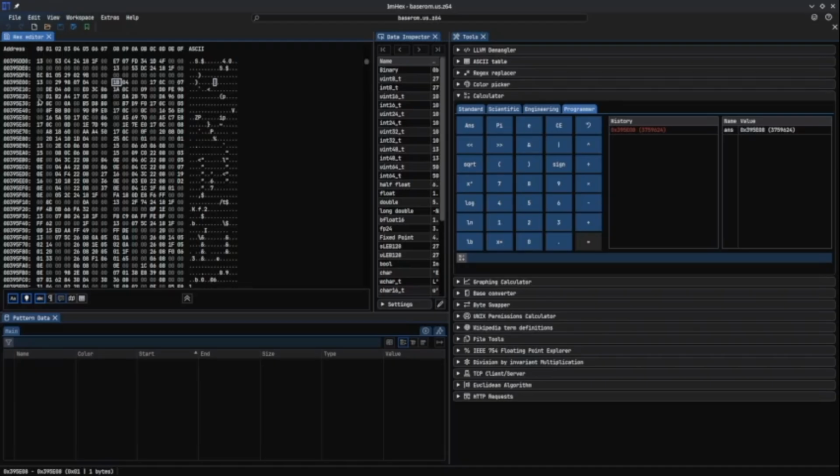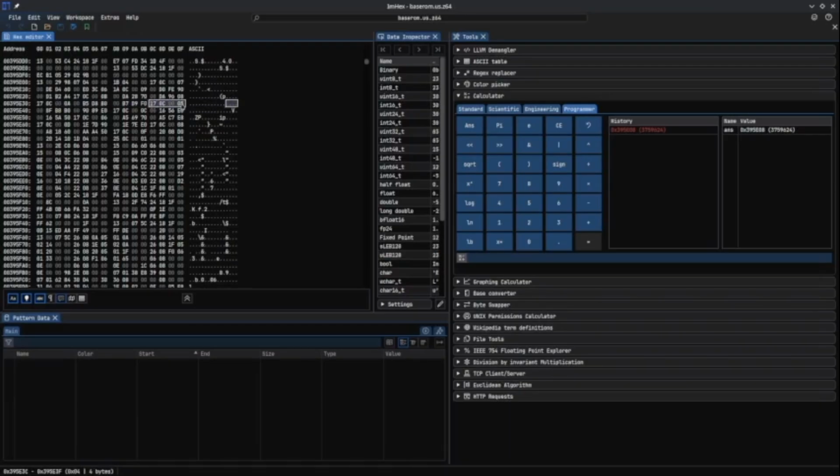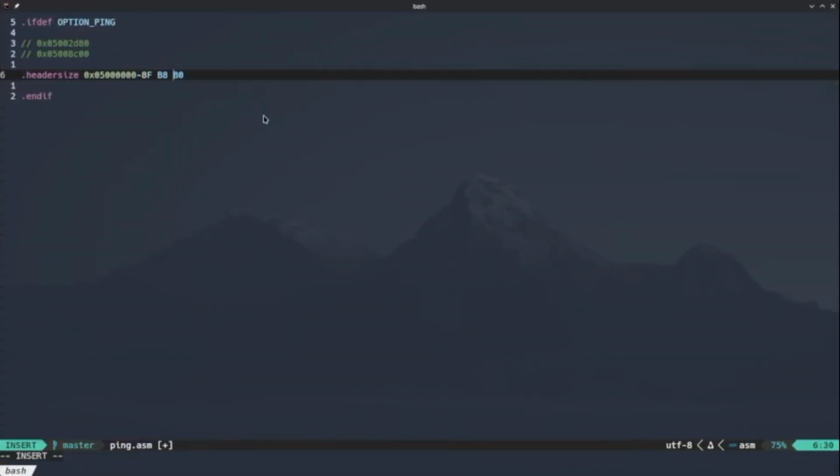We search for 170C0005, I guess. The command starts from here to here, this whole thing. So we know the address now. It's going to be this. I'm going to copy this minus this